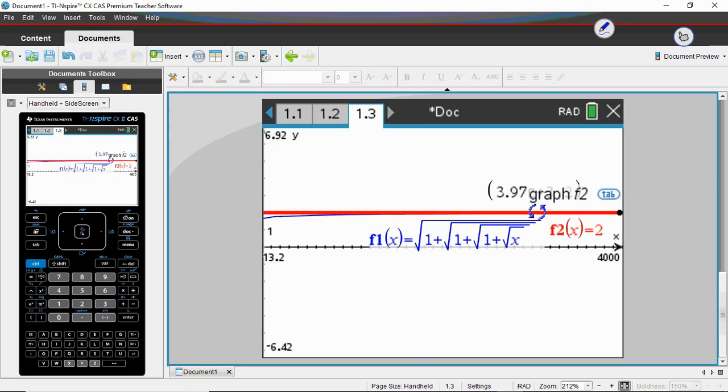There it is. Nice. Now, my calculator actually gave it to me in scientific notation, which was unintended, but I'll leave it there just as a reminder of what that means. This is 3.97 times 10 to the third. If your calculator is saying that and you don't want it to, because I don't want it to, the way